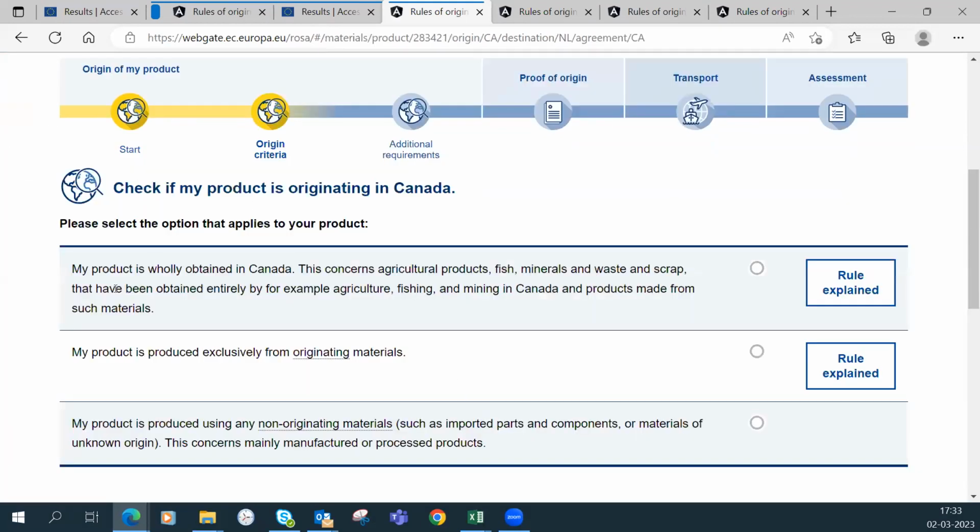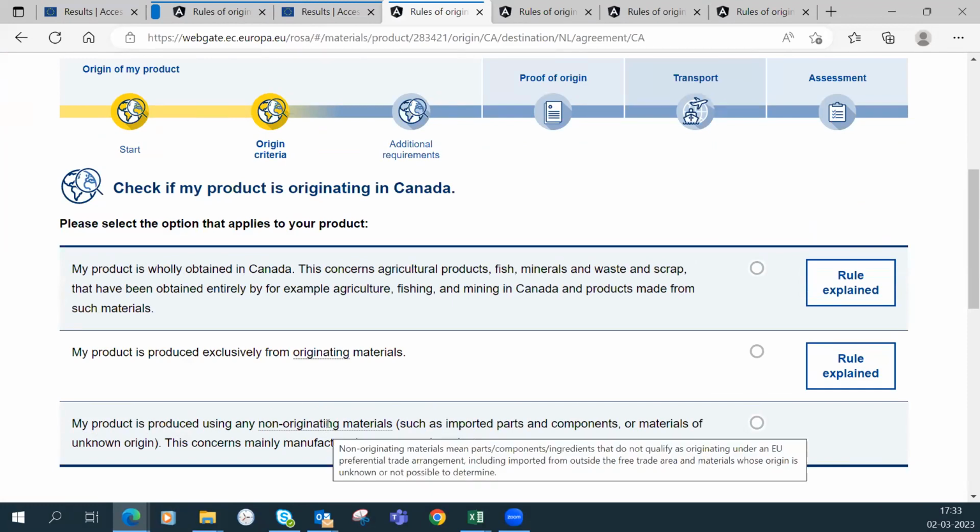I start. So here, to the first question, my product is obviously not wholly obtained because I have imported product. So in fact, I am in the third category. My product is produced using non-originating material. If you don't really understand what non-originating means, you have a mouse-over there and it explains that non-originating material means parts, components, ingredients that do not qualify as originating under an EU preferential trade agreement.